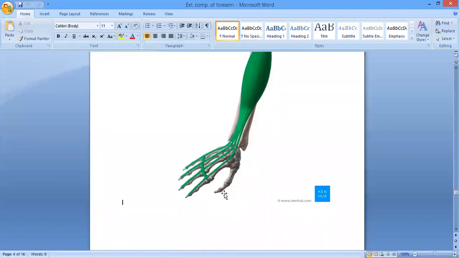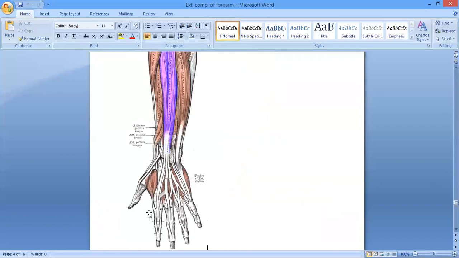When this tendon reaches the metacarpophalangeal joint, it expands to form the dorsal expansion, the extensor expansion. And when this extensor expansion reaches the proximal interphalangeal joint, it is going to divide into 3 slips. One is the central slip, and the other 2 are the lateral slips. The central slip is attached at the dorsal aspect of the base of the middle phalanx, whereas the lateral slips run across both sides of the middle phalanx and are tied to the base of the distal phalanx.